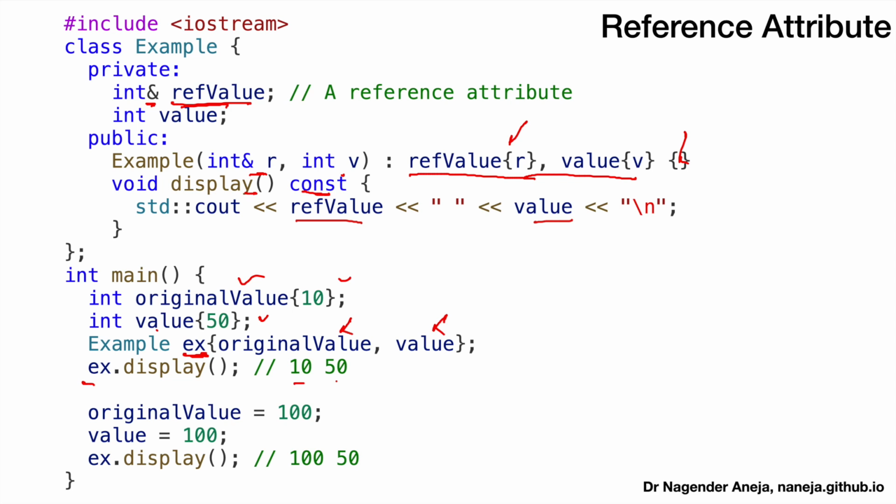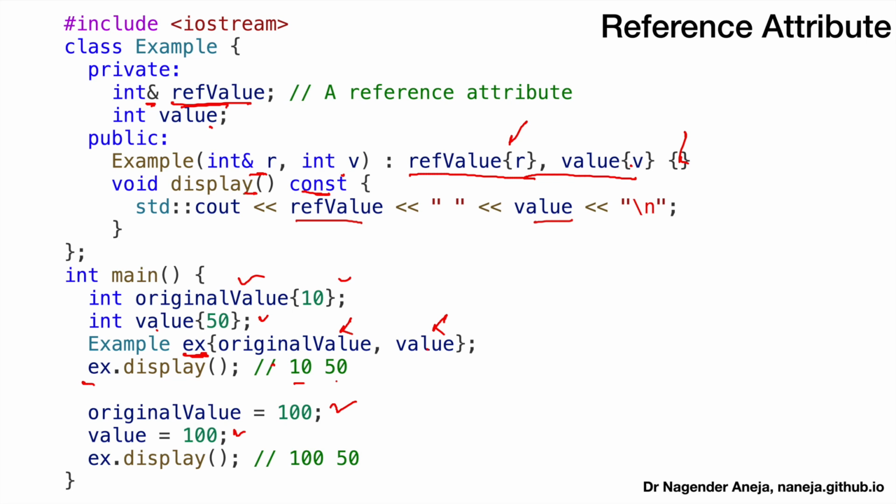Why? Because when this 10 and 50 is passed here, this 10 becomes the reference value, and this 50 becomes the value here. So this will become 10, 50. And similarly, if we change the original value to 100 now, and the value also is changed to 100, then